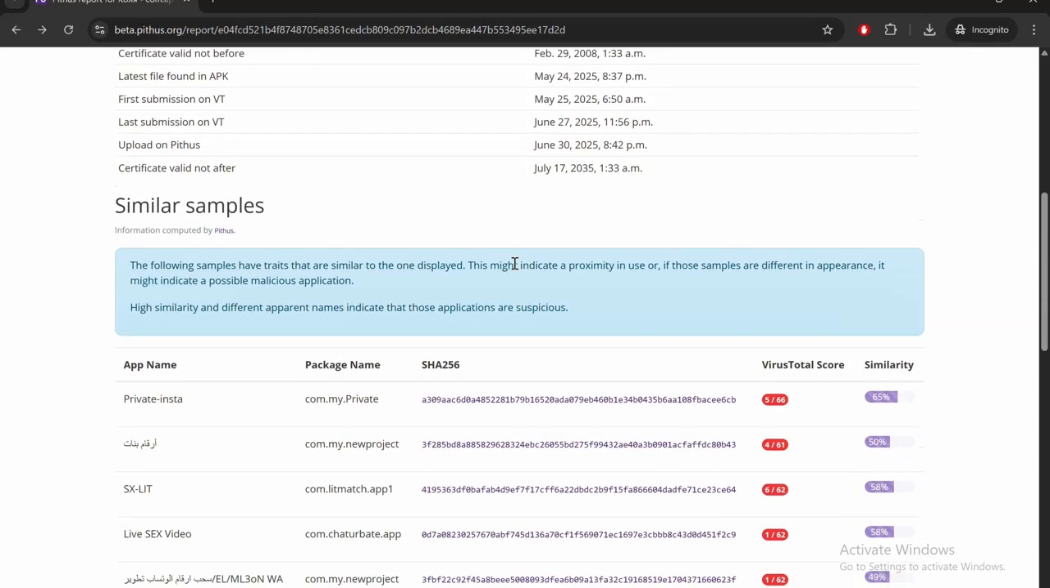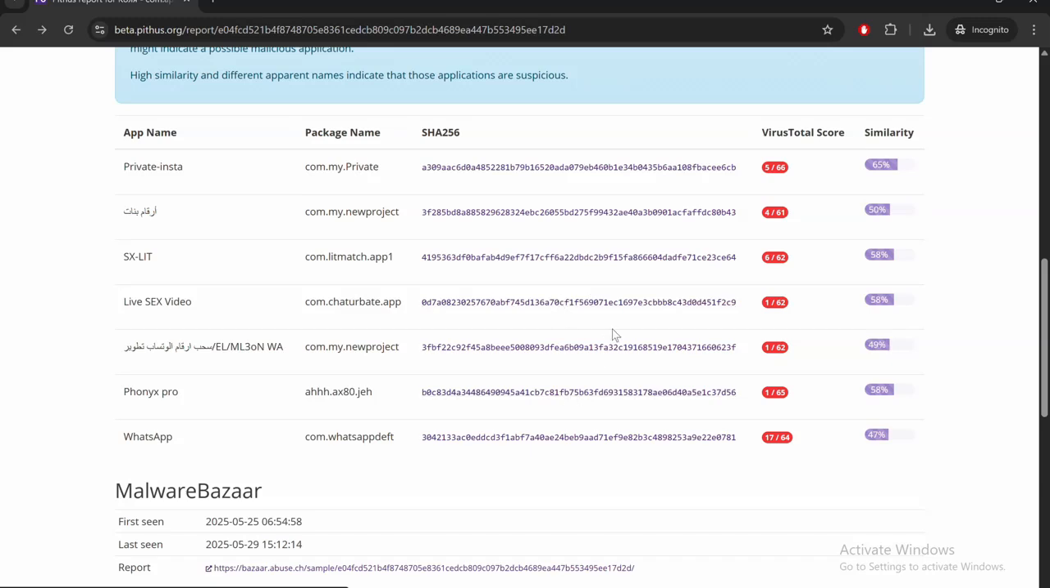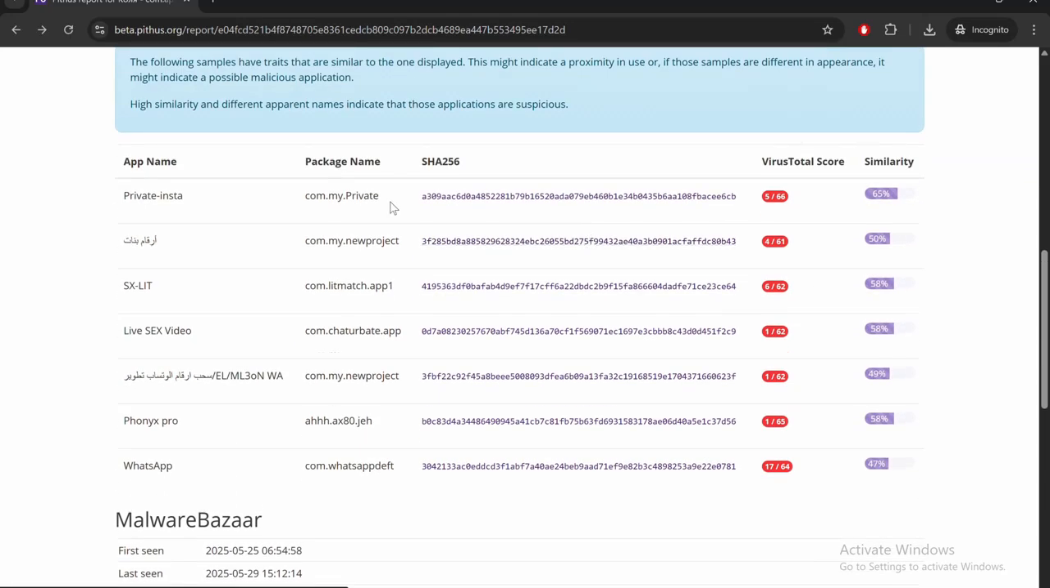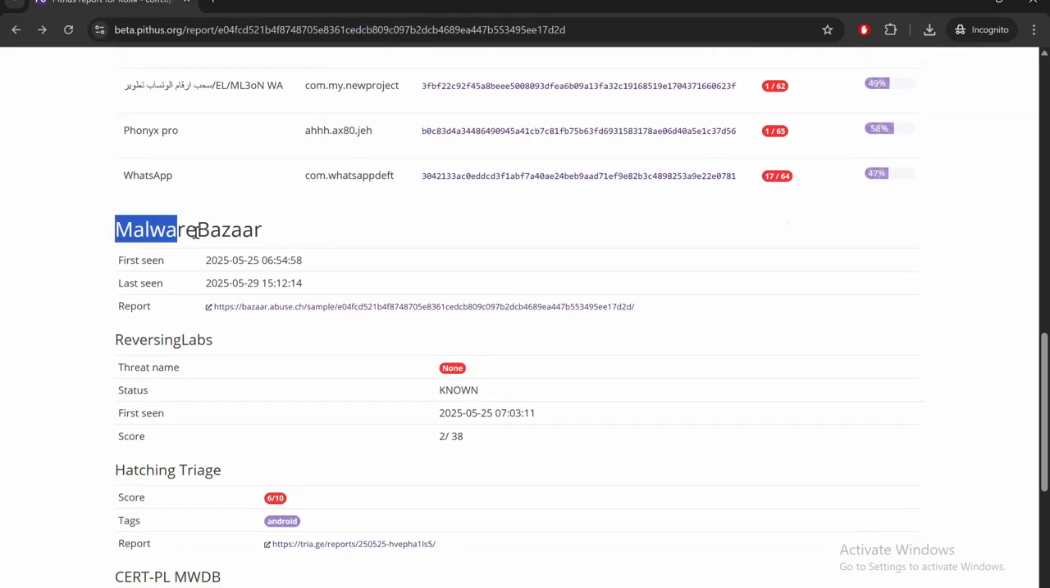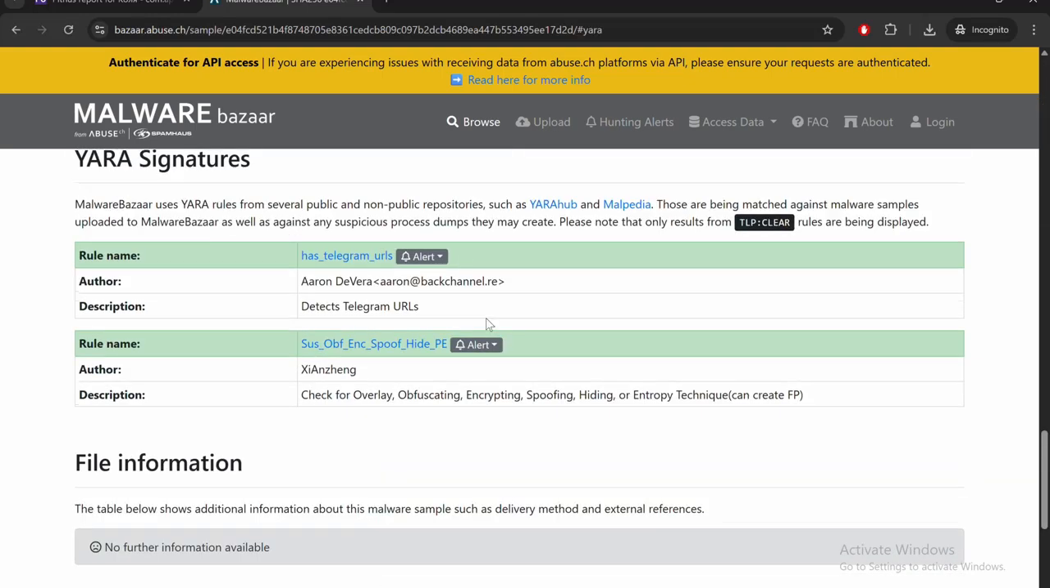And again here you have similar samples. You can just try to open it and conduct your own investigation. Of course you have an app name, package name, and the hashes. You can copy hashes and scan them in VirusTotal, and you can find the sample report on the malware browser. You can just wait until this report opens. And again here you can find URLs